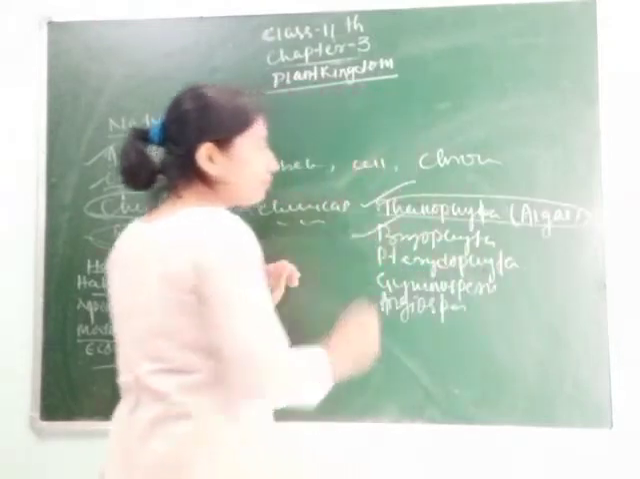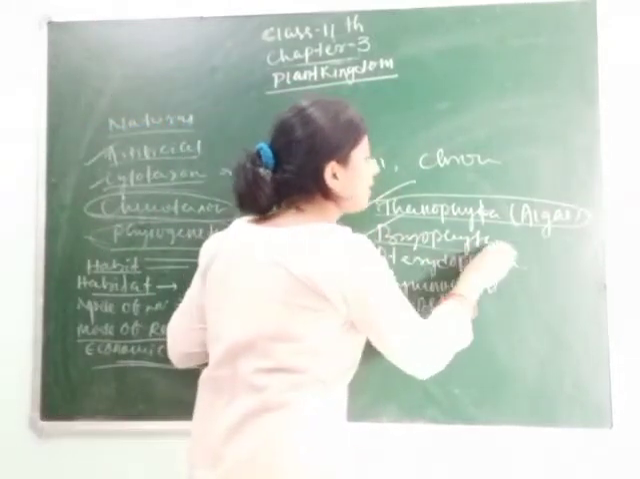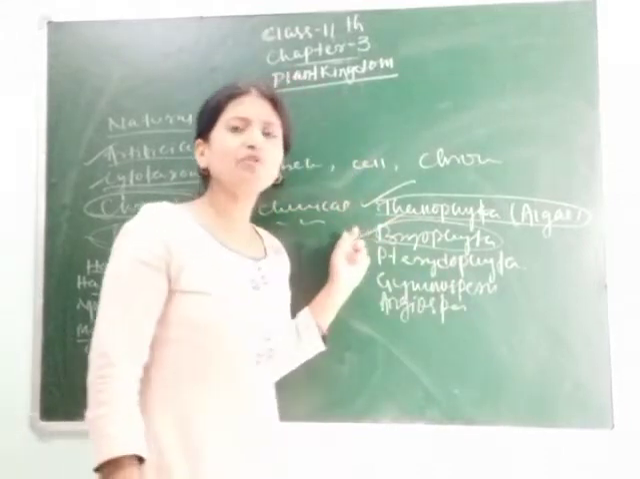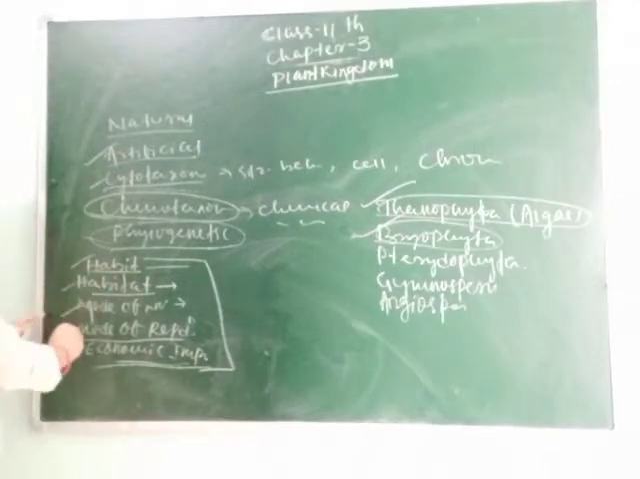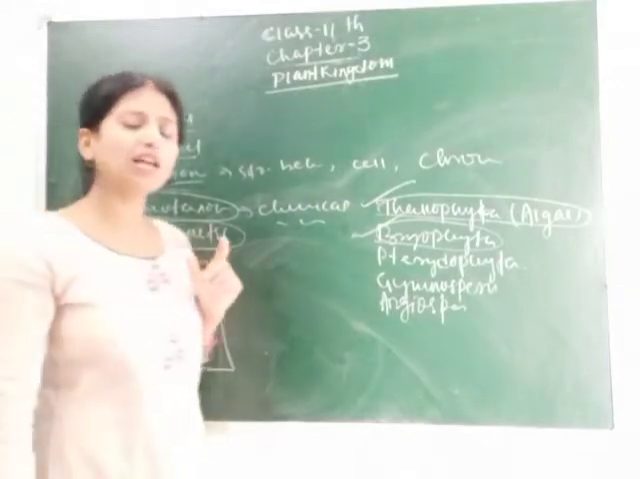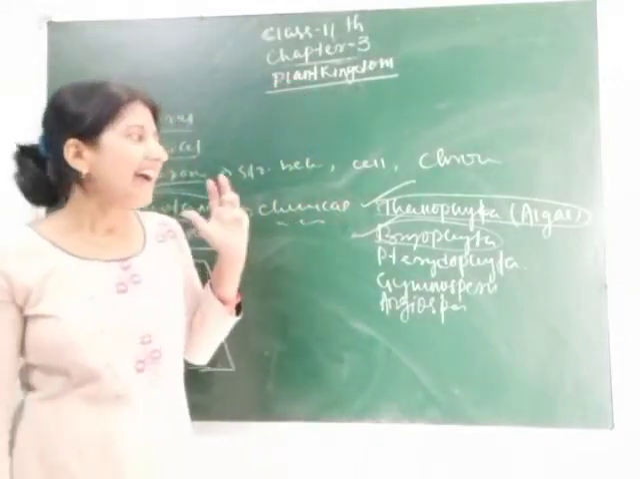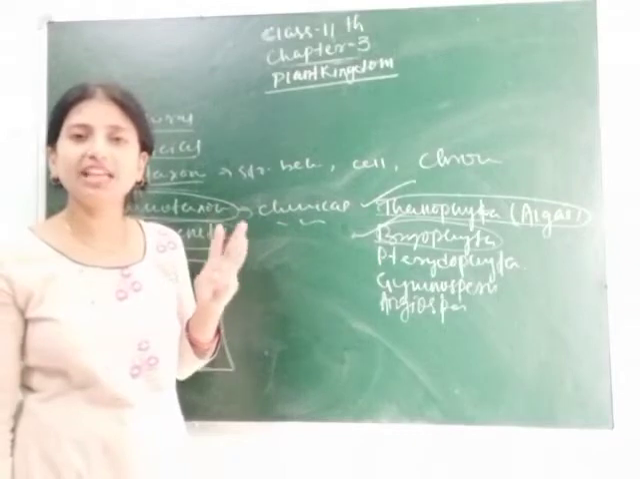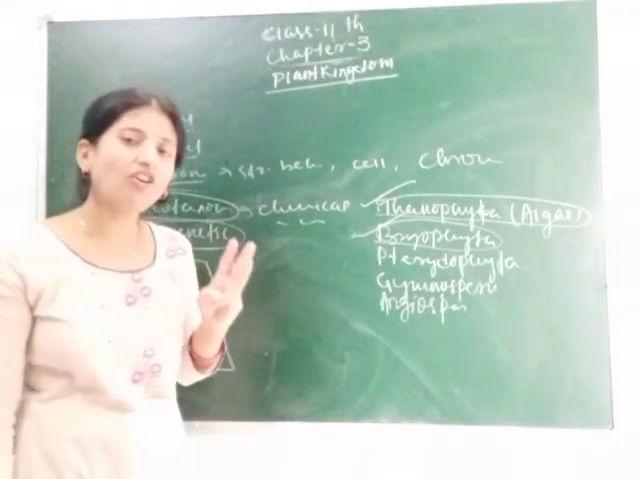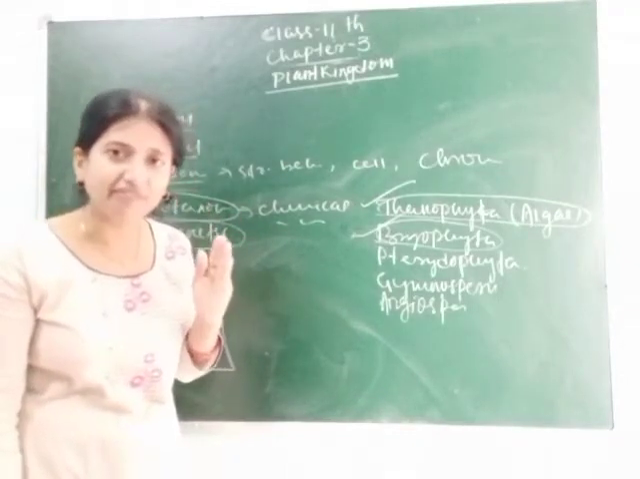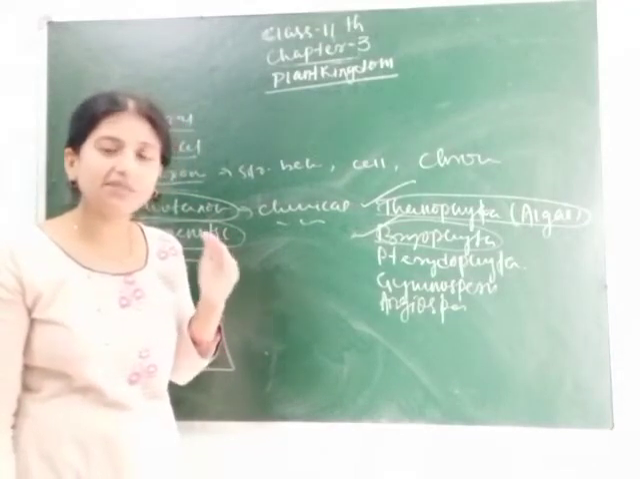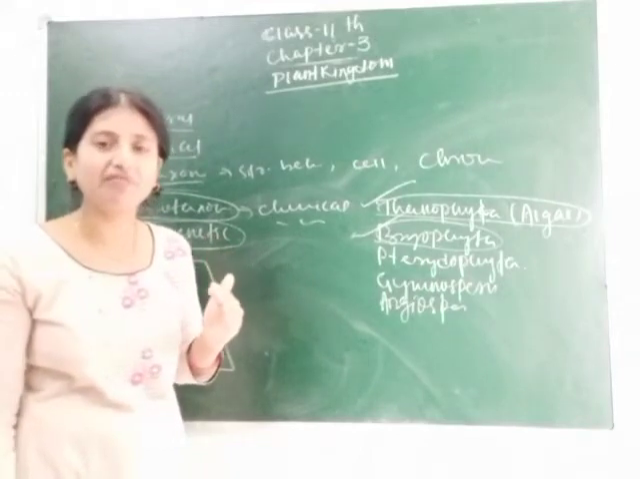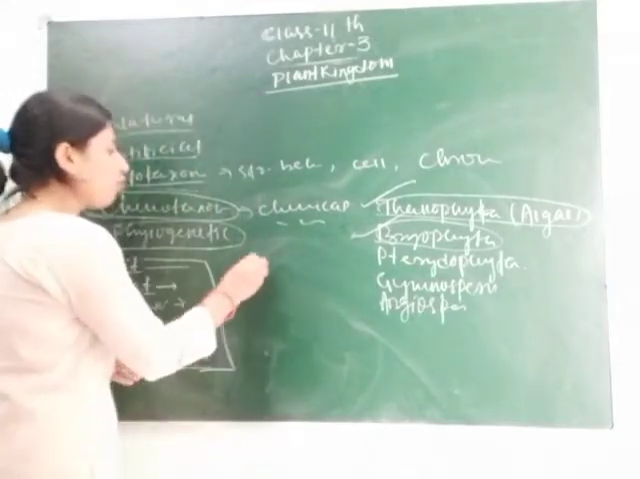Suppose in the question I give: write a brief note on Bryophyta. Before you give the brief note on Bryophyta, you have to write these points, and each point should be defined. Clear, students? So let's start with Thallophyta or algae. Algae is divided into 3 major categories depending on the chlorophyll pigment they have, and they are chlorophyceae,